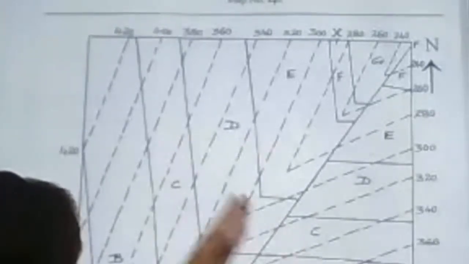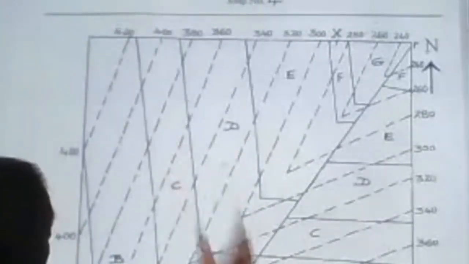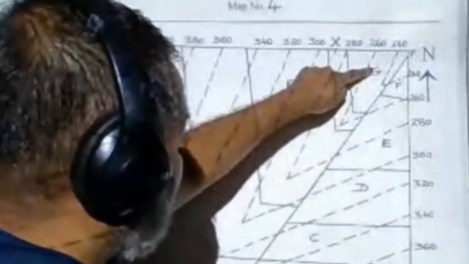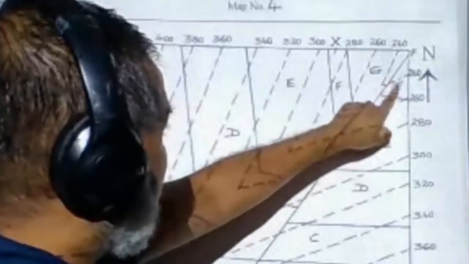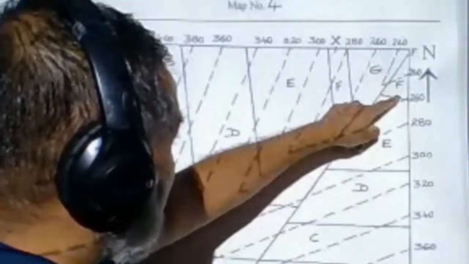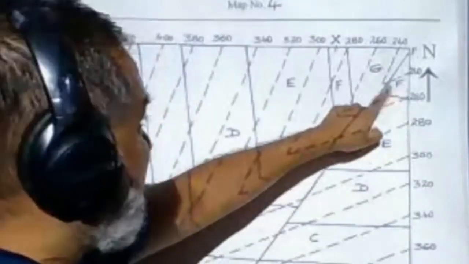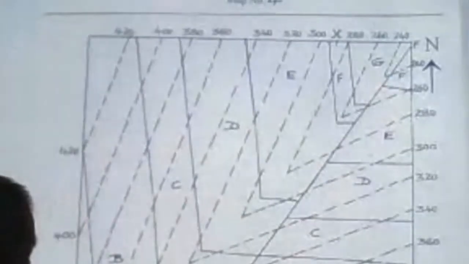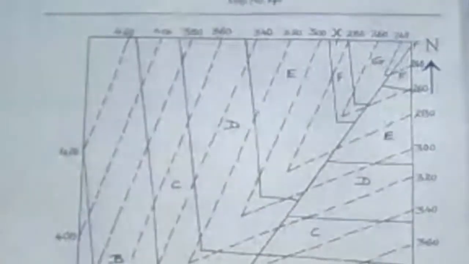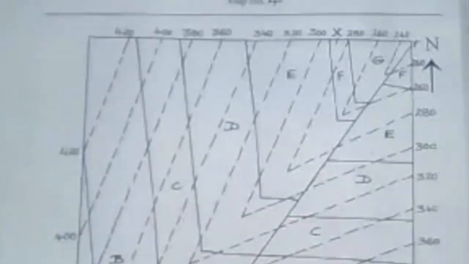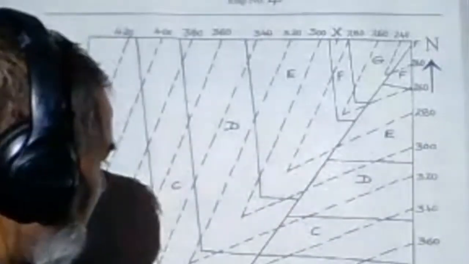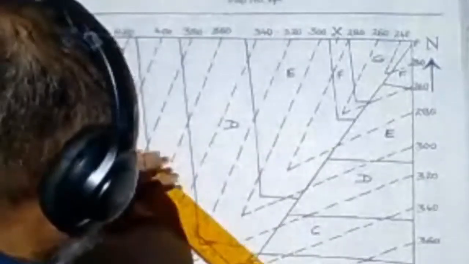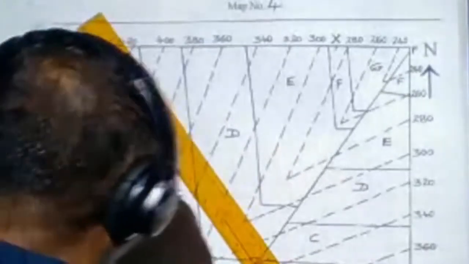Now we have to find out which side has gone down along the fault. As per this, this side is the A bed and G is the oldest. The oldest is coming in contact with the F bed, the oldest is coming in contact with the younger one. That means the younger has come down along with the G bed. So this side has gone down, and you have to find out how much it is, 40 meters. See where it is directly coming out, so 40 meters, that is the way you have to measure it out along that particular part. On this sight line, I will take the best example of how to measure it out.